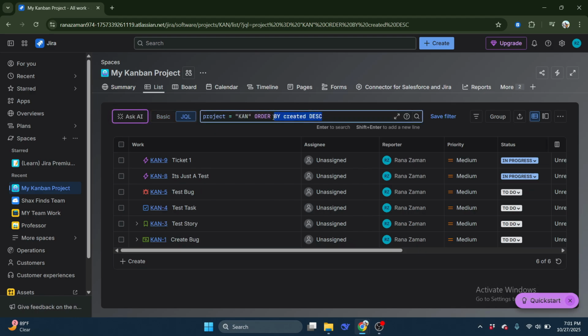JQL is an incredibly powerful tool for more advanced users, allowing you to create customized queries that pull specific data points from your projects. Once you've applied the filters and are satisfied with the list of issues that are displayed,